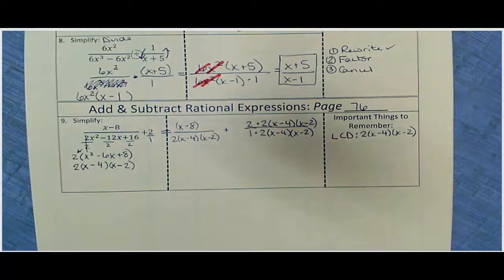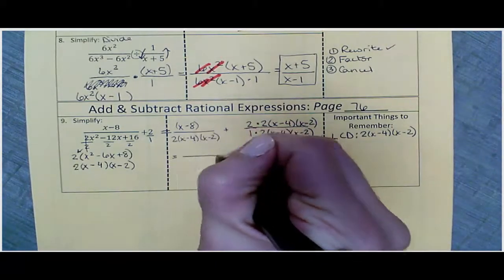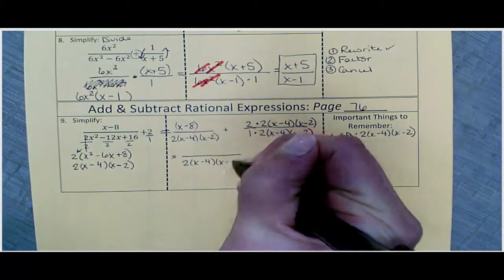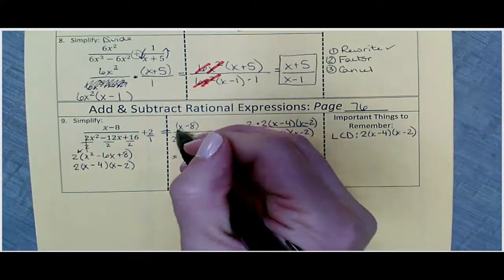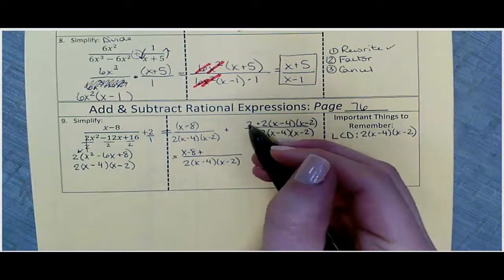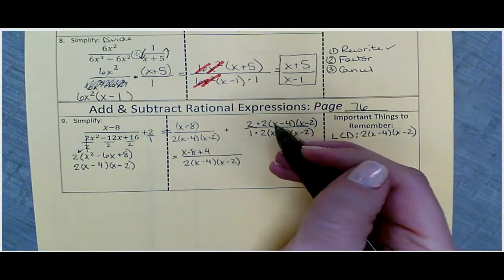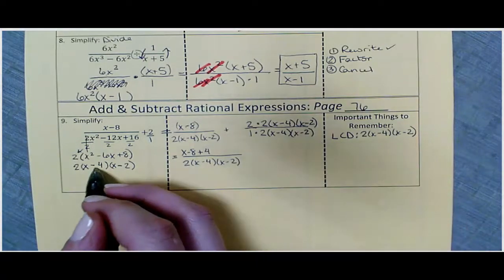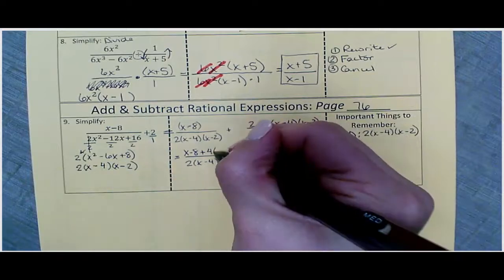So now I'm allowed to combine these as one single fraction with the denominator that's the least common denominator, the LCD. But I need to add the numerators. So I've got x minus 8 plus 2 times 2 is 4 times x minus 4 times x minus 2, which actually we knew x minus 4 and x minus 2 together multiplied to give us this. So I'm going to go ahead and rewrite that